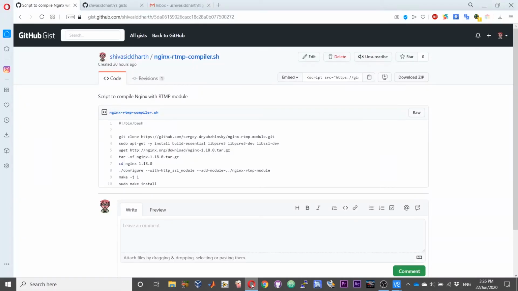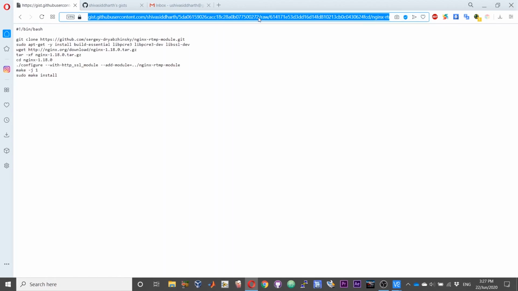You can even use the sudo apt-get install command for the RTMP module, but I have found it to not work in many cases. So I would suggest you compile it from scratch. I have already prepared a script for compiling and installing Nginx along with the RTMP module. You can just download the script.